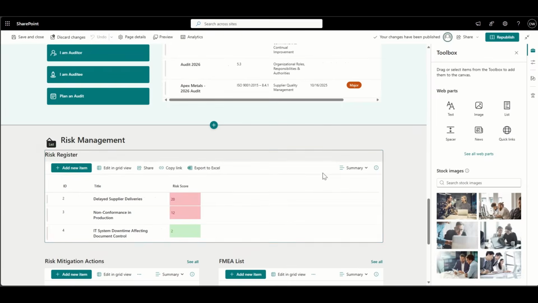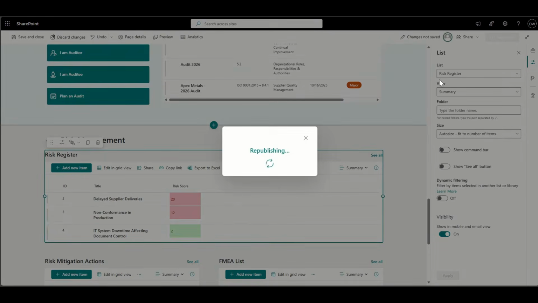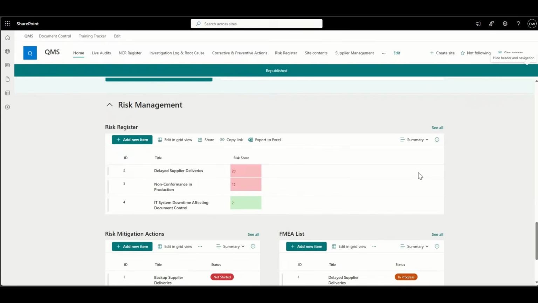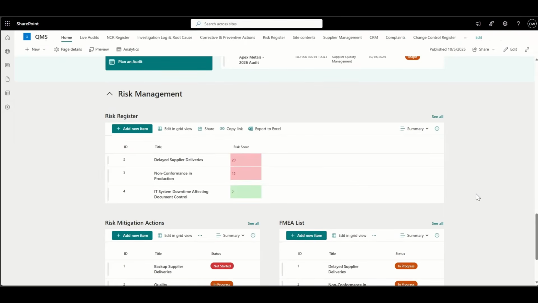Also, I need the see all button back. I don't know why this keeps losing it. Maybe I turned it off myself. There we go. I'm going to use a bit more of this space. It seems silly just to have all that as blank space. I mean, I could have quick links here if I really wanted to. I could use that space and fill it with whatever I like, but